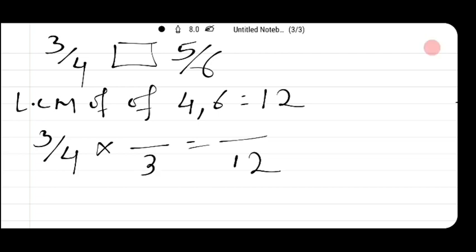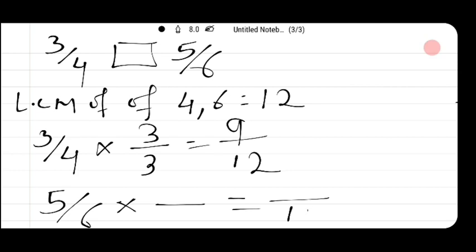number. So 4 कितना जा 12 होता है, 3 जा. So numerator is also multiplied with 3. 3 threes are 9. So in 5 upon 6 we also have to change the denominator into 12. 6 कितना जा 12, 2 जा, and the numerator is also multiplied with 2. 5 twos are 10. So here we have got